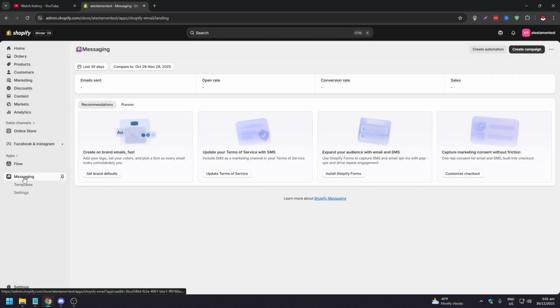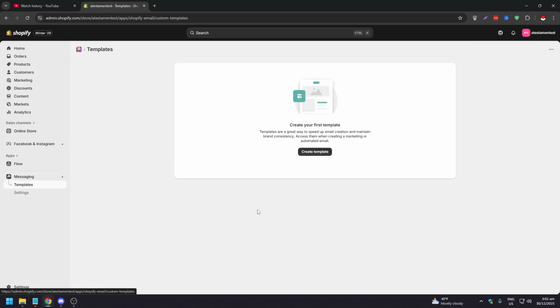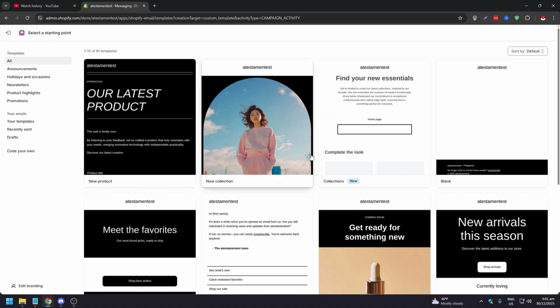But once you have your messaging app installed, right? What you want to do under messaging, click on templates like so. And this is what you're going to see first if you haven't done this already. So you need to create your first email template. So how do you do that? All you need to do is click on create template, and you're going to be brought to this page